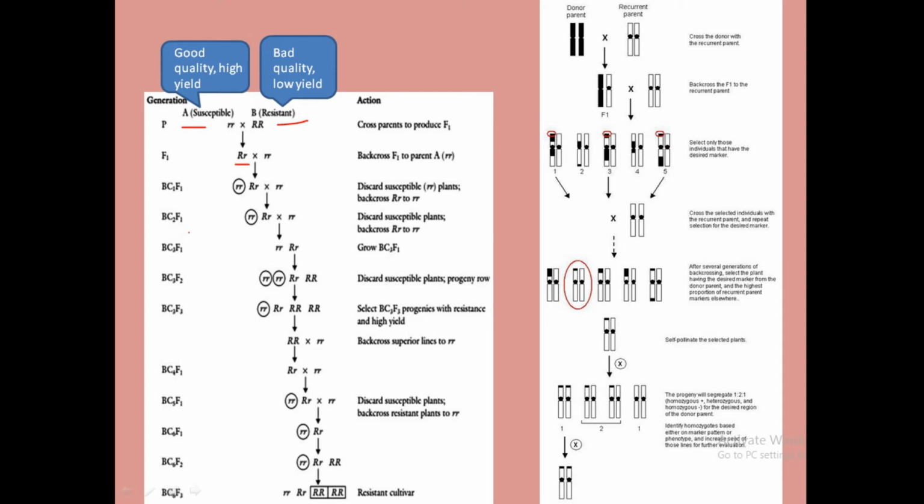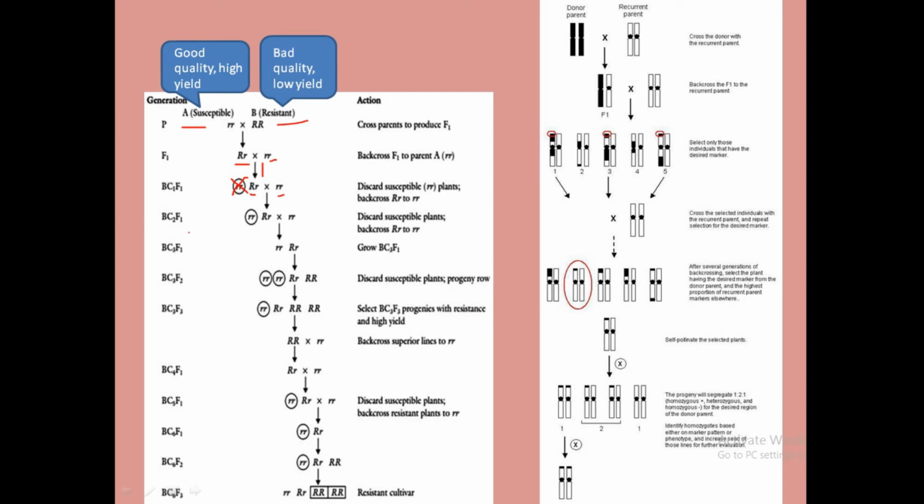Then we will backcross it with the homozygous recessive parent, that is variety A. After backcrossing we will again get capital R small r. The cause that we are again and again backcrossing it with variety A is that we want all the other genes from variety A except the susceptible gene. So every time we are rejecting that small r, because we don't need that susceptible gene in variety A. We need that capital R in variety A, and with that we need all the other genes that are present in variety A to be present in the new hybrid.